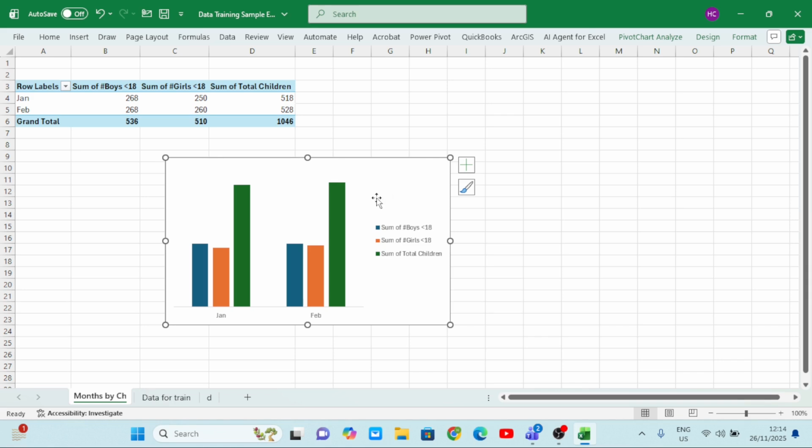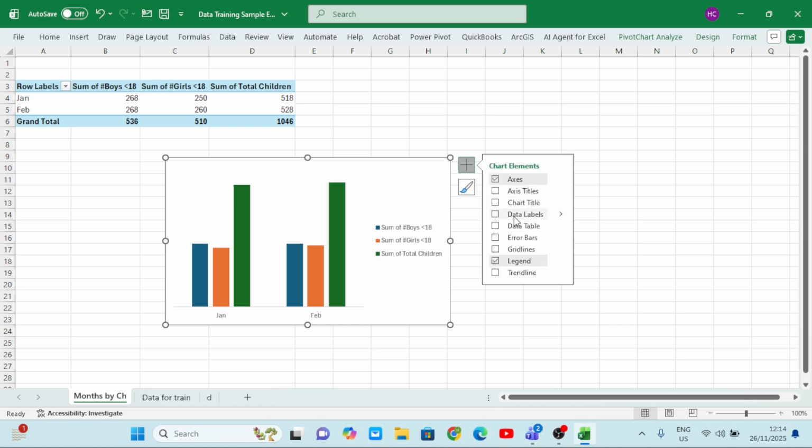Here now, someone is asking where is the value field, where are the values. I'll come to this small cross, and I'll just say data labels, and I put it on because I want to be seeing my data labels, and I'll be comparing from here to here. Total children 58. You see, it is here 58. You see, so from here you see the same values that are appearing here. And then right here now it says